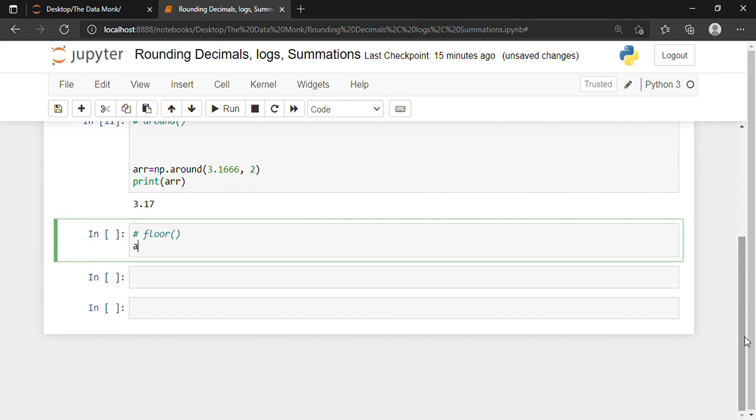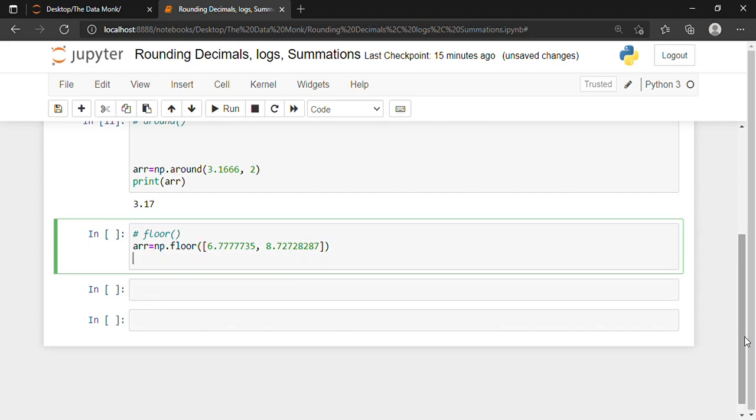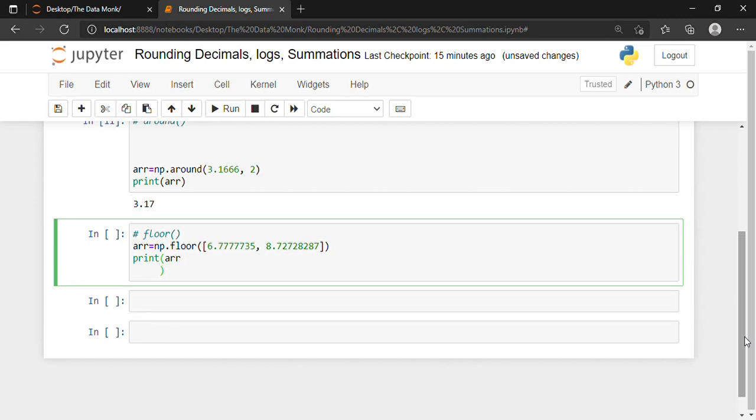For writing the floor function, I'm writing array is equal to np.floor, and inside let me just write any numbers, comma, print, shift and enter.